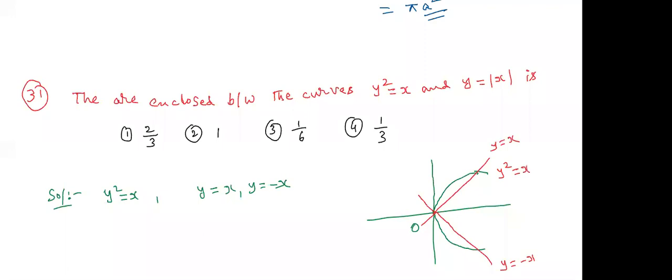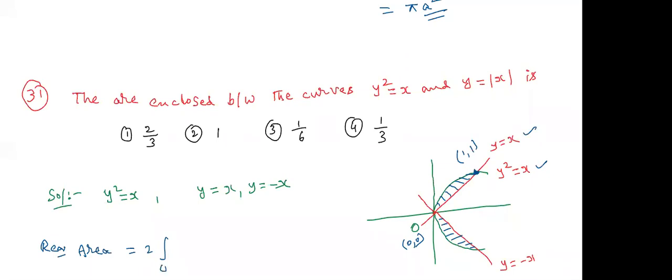Here observe that the required area, this shaded area, is required. But see here, two different areas are there. Different or equal? Two equal areas. Now, the required area is equal to 2 times integration. What are the limits here? Here origin means we know that 0, 0. Then what about this point of intersection? I am expecting that 1, 1 only. Substitute in both the curves, it is satisfying or not?